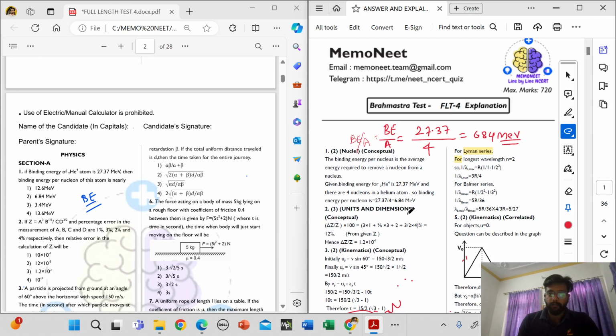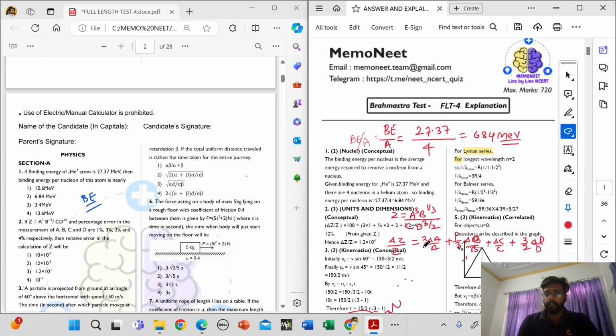It is very simple. We have been given the value of Z, that is equal to A raised to power 3, B raised to power 1 by 3, divided by C, D raised to power 3 by 2. So delta Z upon Z will be equal to 3 delta A upon A plus 1 by 3 delta B upon B plus delta C upon C plus 3 by 2 delta D upon D. And the relative errors in